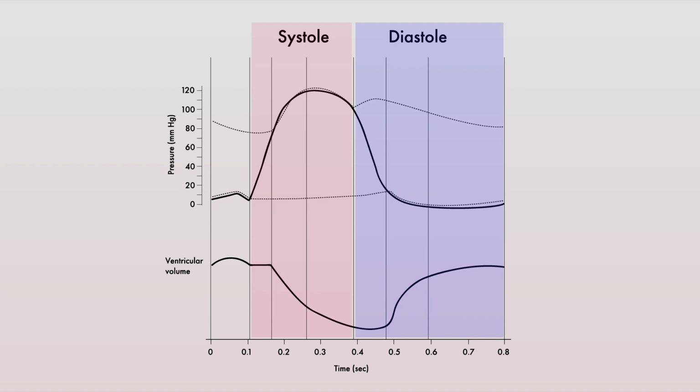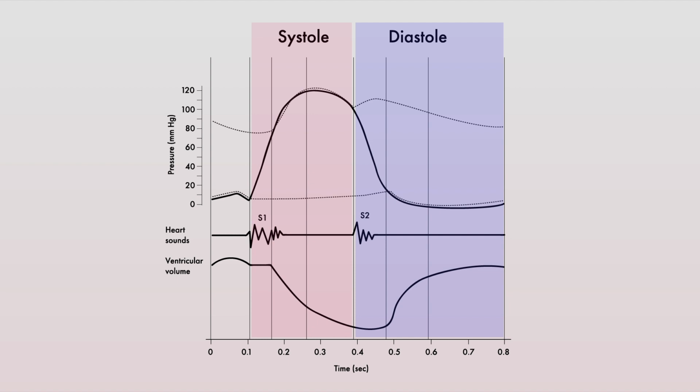These increases and decreases in cardiac pressure occur every cycle and can also be mapped precisely with some of the heart sounds you hear, such as S1 and S2. Remember, in the previous video, we said that S1 represents the closure of the atrioventricular valves, and S2 was the sound produced with the closure of the semilunar valves.